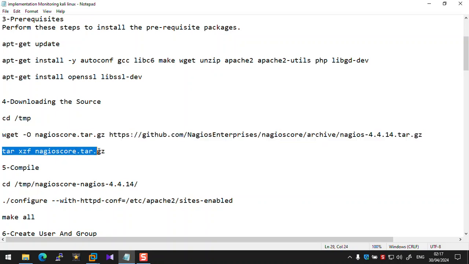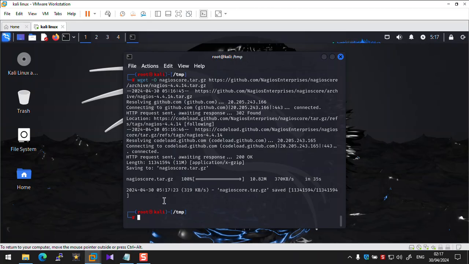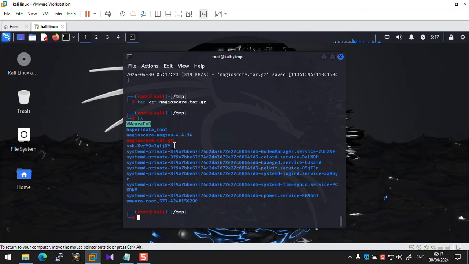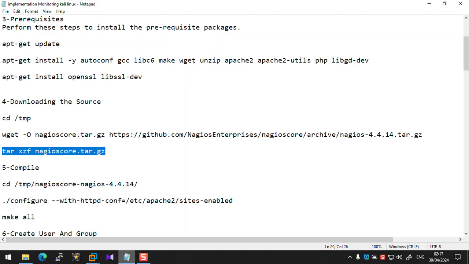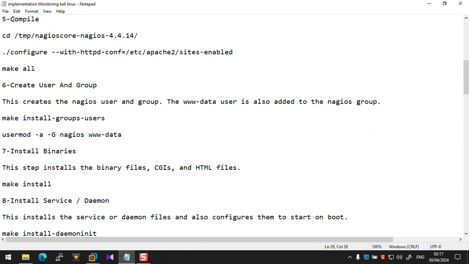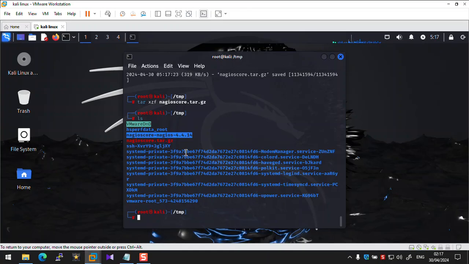with this command, extract this file. This file is extracted. And step 5, compile. First go to the directory nagios core,